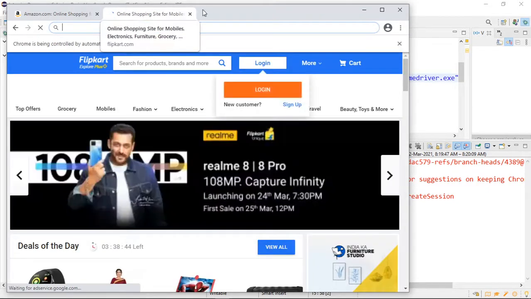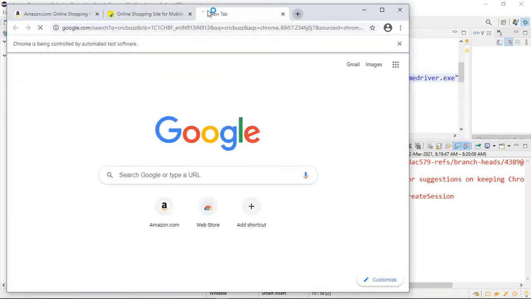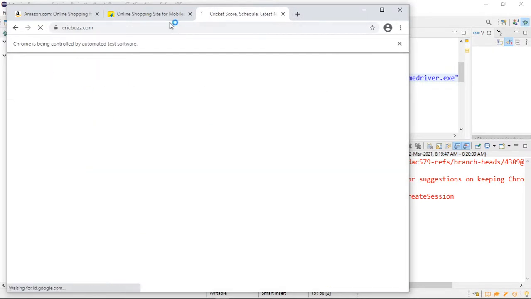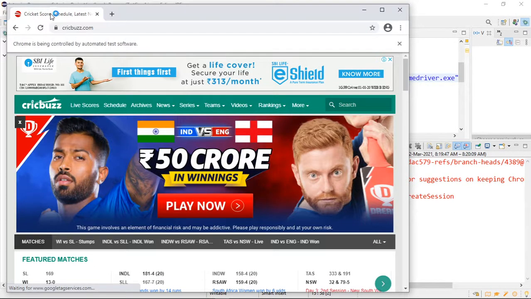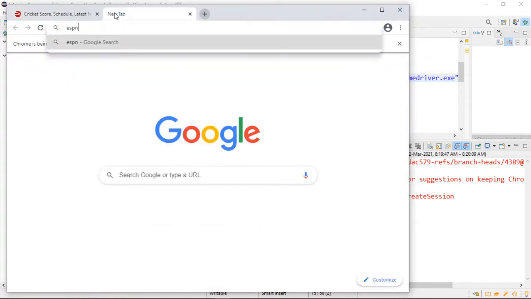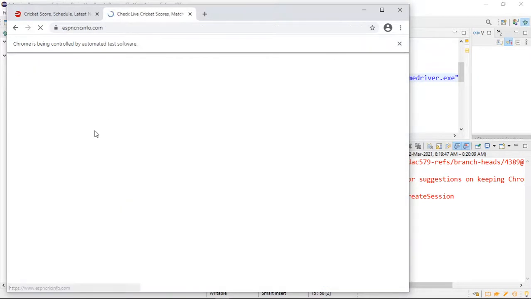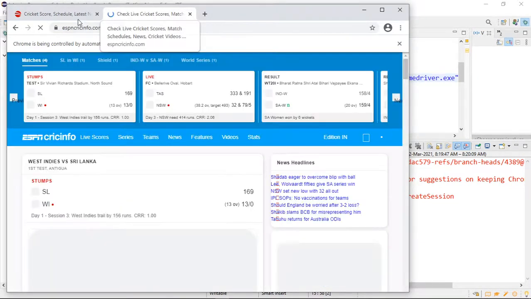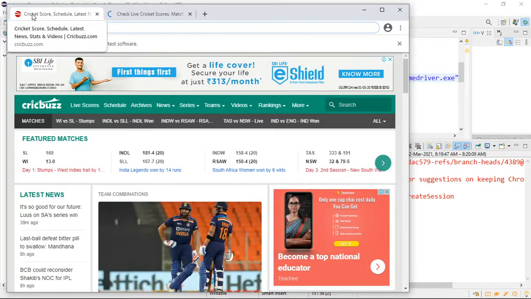Let me take a website with a small title, let me say Cricbuzz. So we can open Cricbuzz, and suppose I want to print the title. The title is Cricket score, schedule, latest news. This is the title, right?